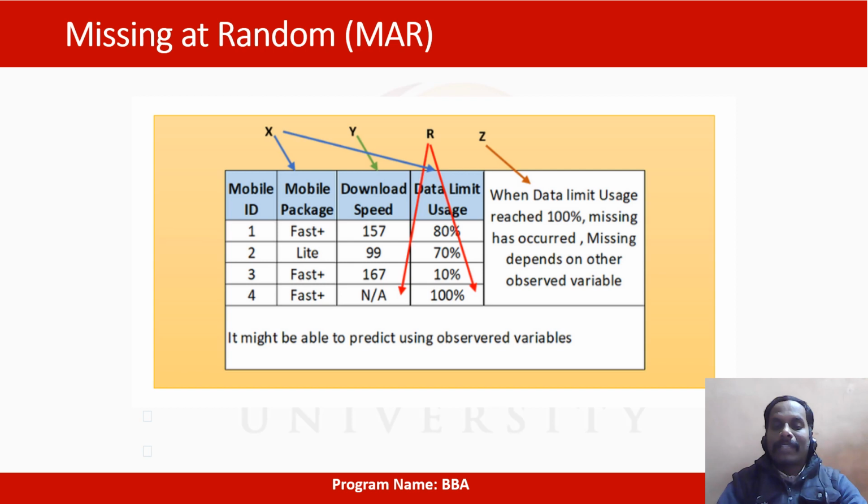It can have other relations as well, such as z. In the fourth column, the download speed is NA. When the data limit usage reaches 100%, the missingness has occurred. So the missingness depends on other observed variables, and it might be possible to predict using the observed variables.